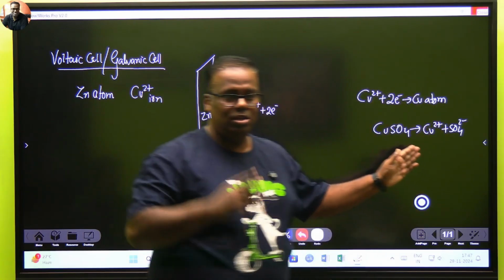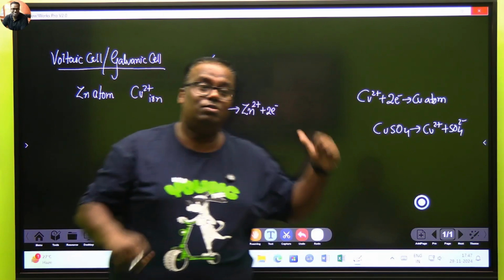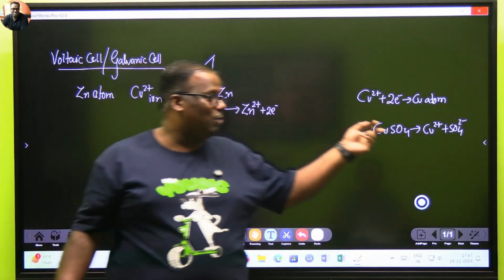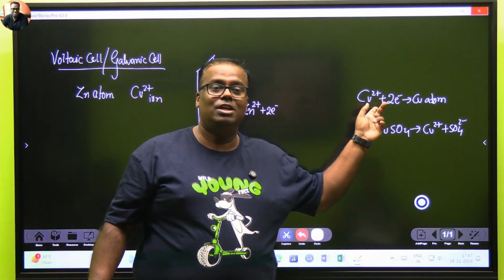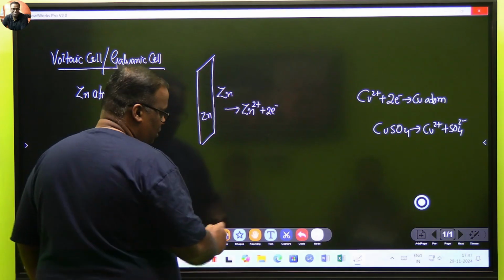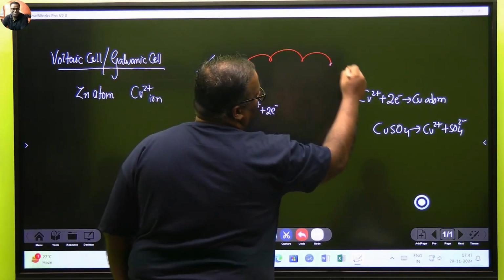Okay, have you understood? So CuSO4, I don't have a copper plate right now. I have a zinc plate to supply me zinc atoms. I have a copper sulfate solution which gives me copper plus. Story clear so far? Now what I do, I just take a wire and I connect it to this